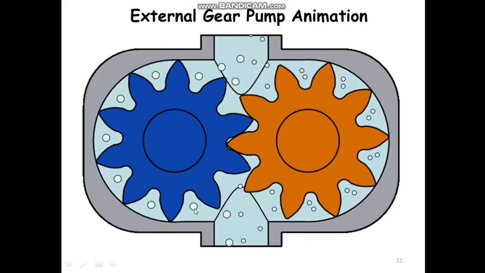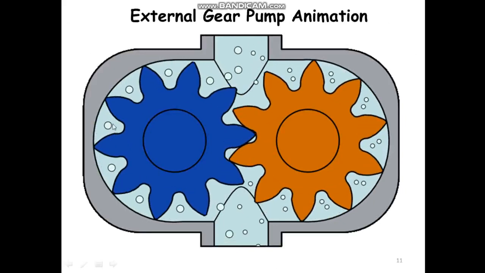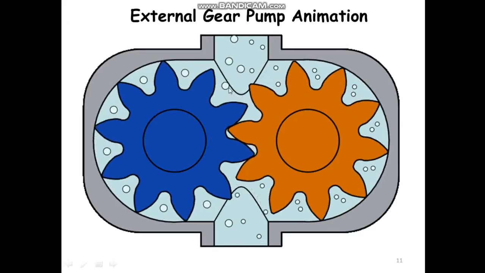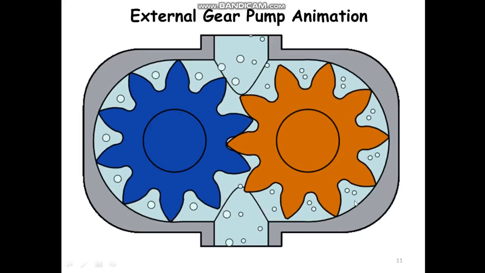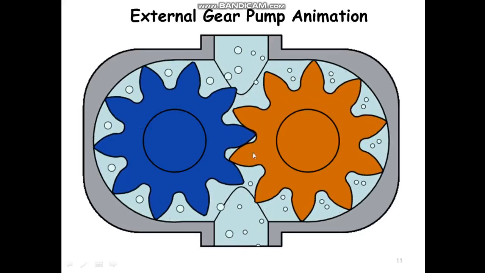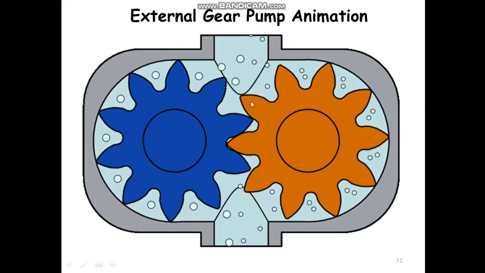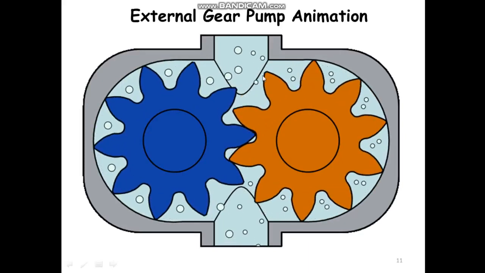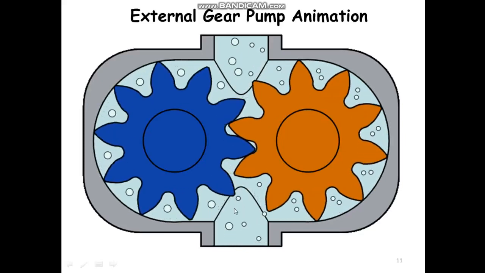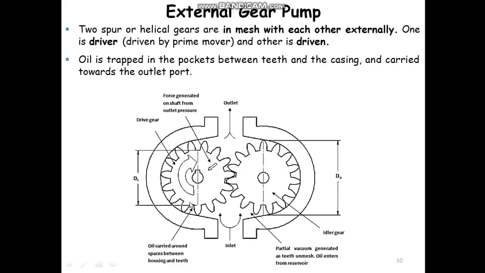So these bubbles, we can say, are trapped in these pockets, and they will be delivered to the outlet from both sides, from this side also and this side also. And if you see, there are no leakages. Leakage is almost zero, because you can't see any bubble coming from the higher pressure area to the lower pressure area. One point I forgot to tell you is that this inlet line, or this area, will be considered as the lower pressure area, and this outlet area will be considered as the higher pressure area.